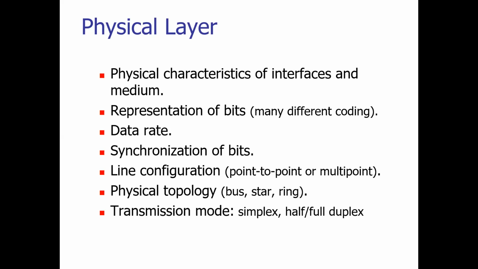Next one is with respect to your line configuration. There are so many types of configuration available. There is point to point, that is one system to another system, or one system with respect to n number of systems. A simple example is whether you are having a star topology, a bus topology or a ring topology. If you are having a bus topology, then multiple points come into the picture. You want to transmit to all the points on a particular line itself. So that's how your line configuration is. That will also be taken care of with respect to the physical layer.